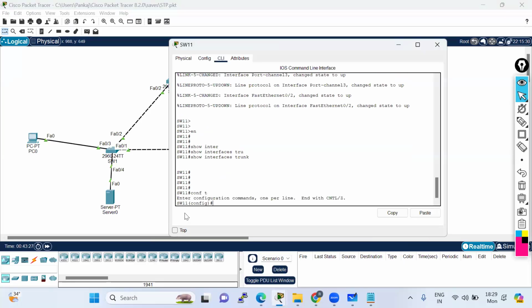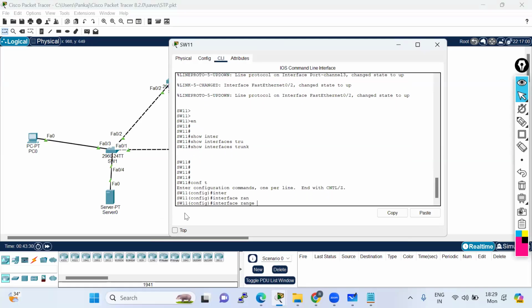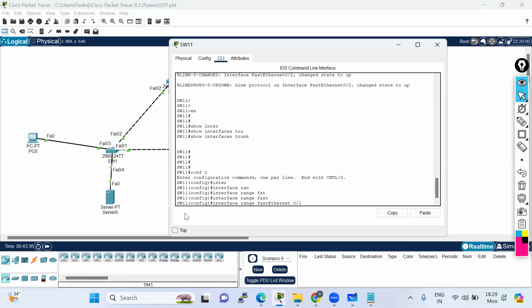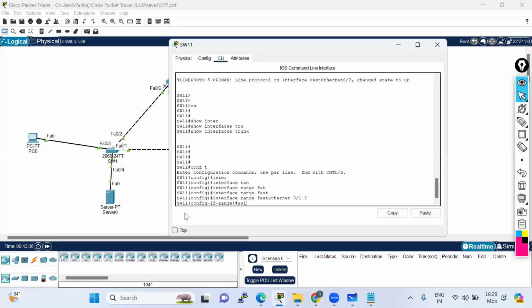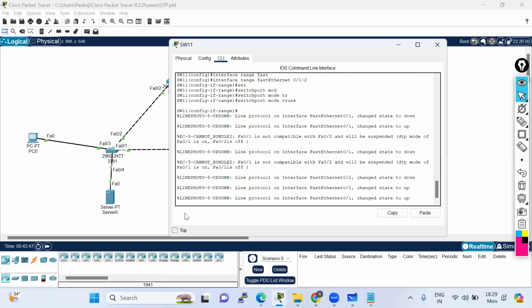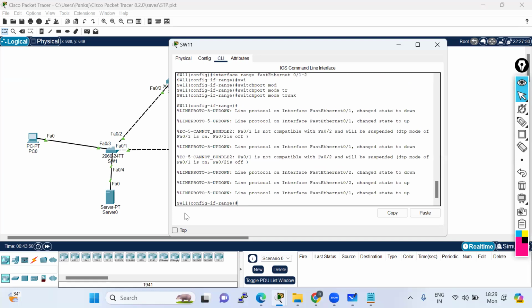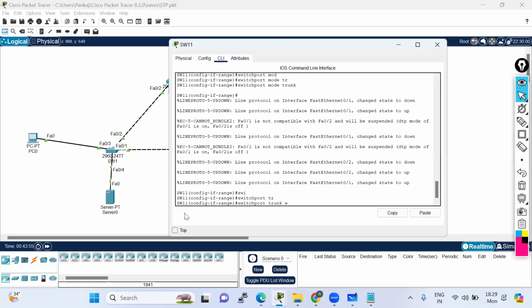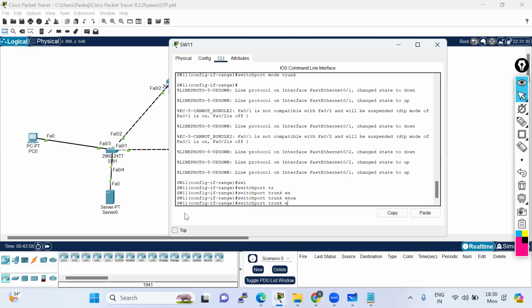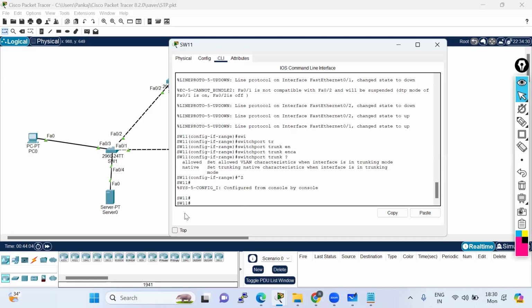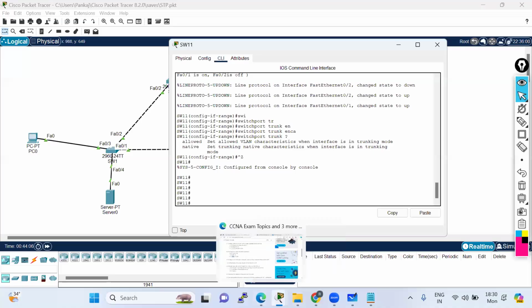So I'll go here into configuration, interface range. I'll define FastEthernet 0/1 to 2, and I'll put switchport mode trunk. This port is going to become a trunk. And if I also want to enable the encapsulation, I want to make this trunking 802.1q, that is the open standard encapsulation. This is not going to be supported by default, so let it be. So just make the trunk. The trunking protocol is not supported. I'll go to the other switch also,